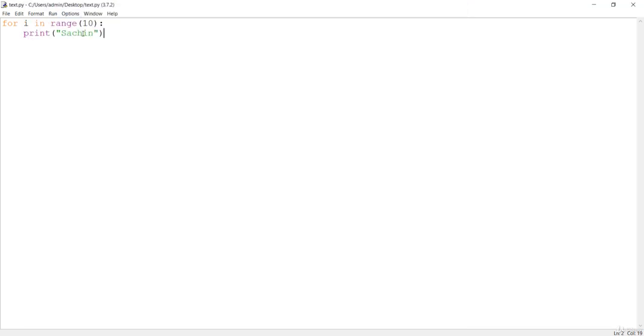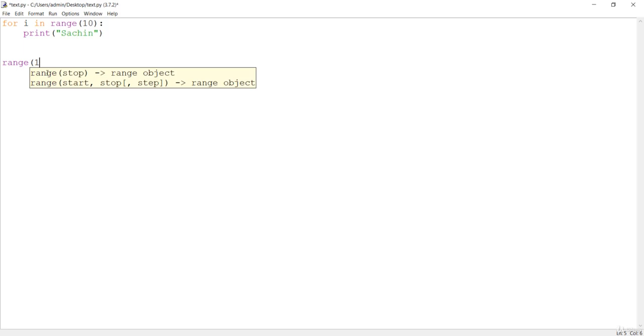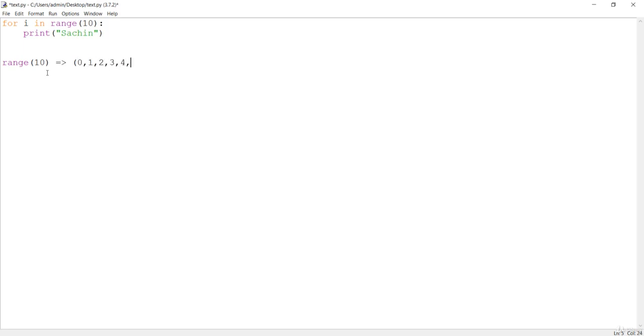So what we just did here was loop in this range. What range 10 gives us, let me show you, is something like a tuple, and it starts from 0, 1, 2, 3, 4, 5, 6, 7, 8, and 9, as the last one is omitted. If you type 11 here, it would go till 10, which means the loop will be executed 11 times.